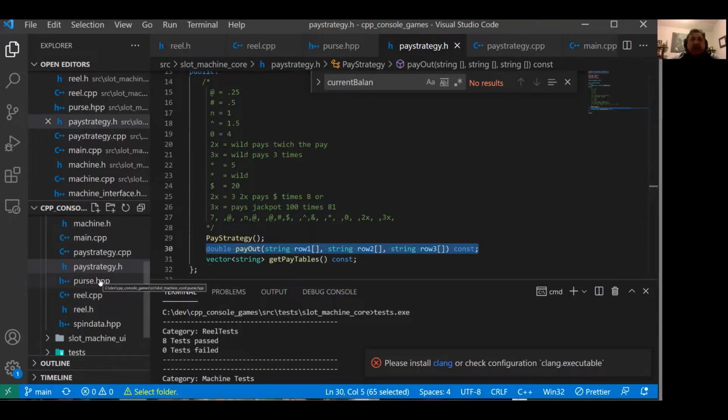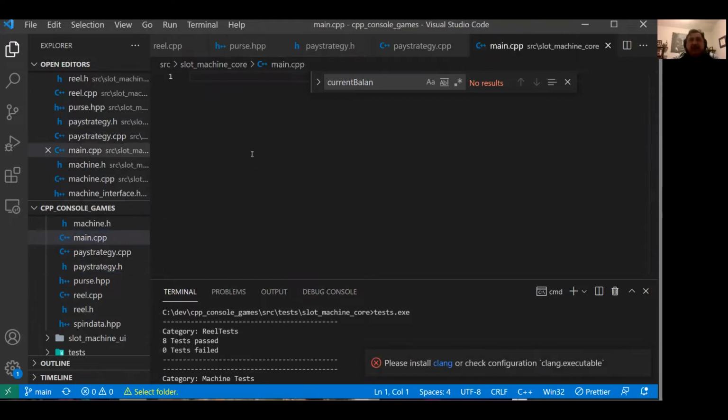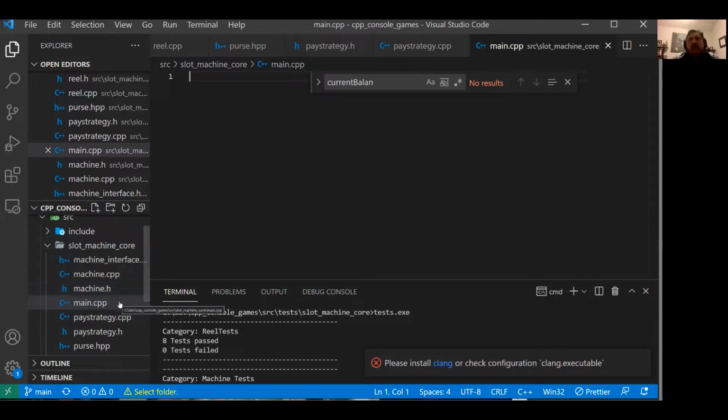And I could have just written the code and gotten right into the main and started creating the code, but you can see that I have nothing in the main yet because I haven't started putting it together. I started working from the bottom up, basically all the core classes, all the slot machine classes that are going to enable me to write the code to make this work, all the little components